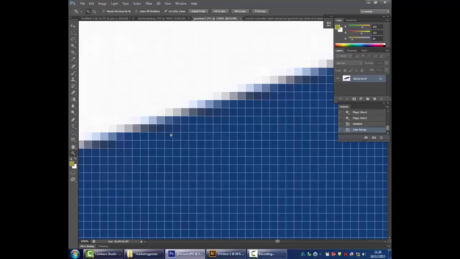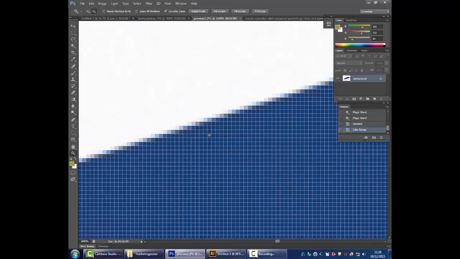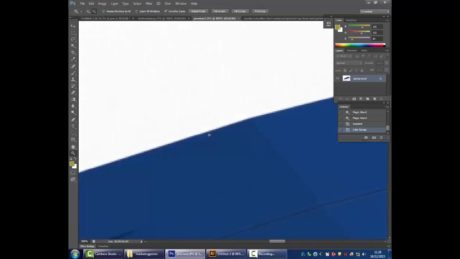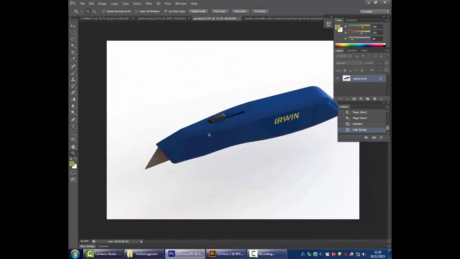So in SolidWorks, just bear in mind what colour you want to end up having the image on if you're going to lift it out. So that in a nutshell is selection and how to bring images into